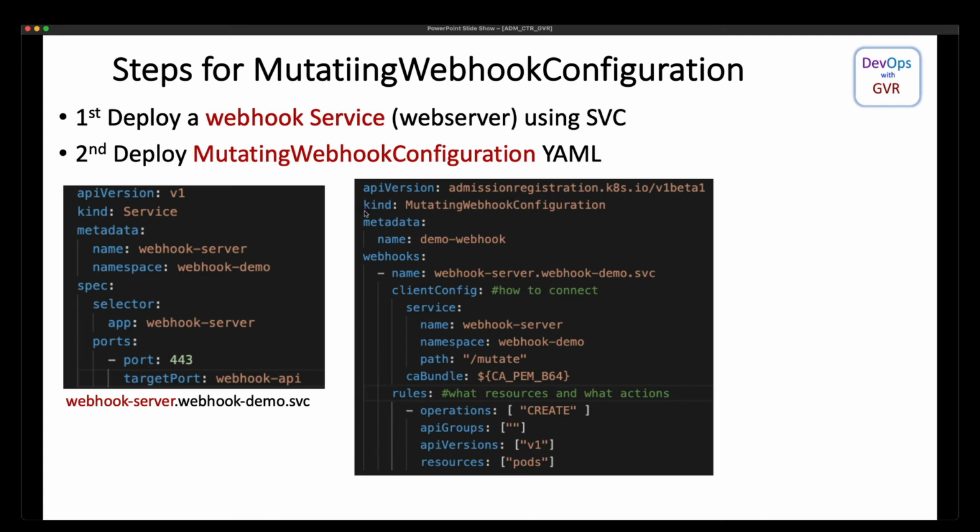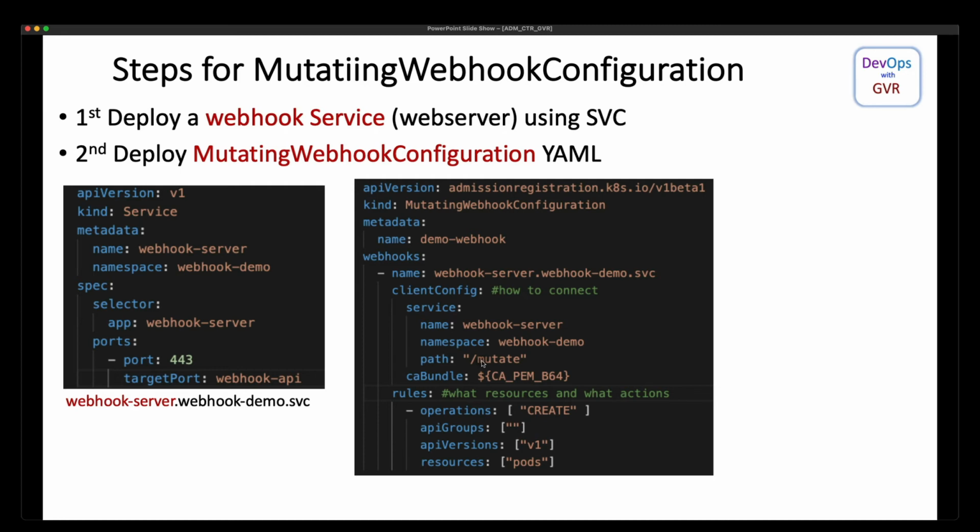So basically here you are defining your own service. That service you are configuring here as one webhook, which will trigger every time someone tries to create a pod on a V1 API version, so that it will execute the mutate path.